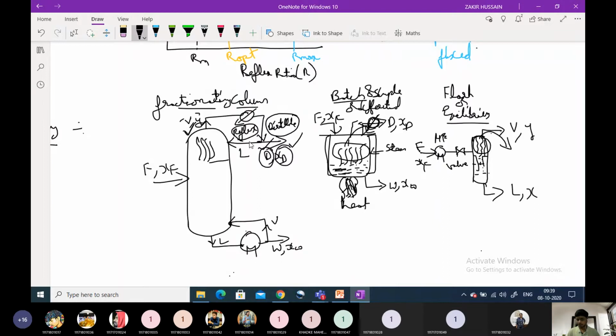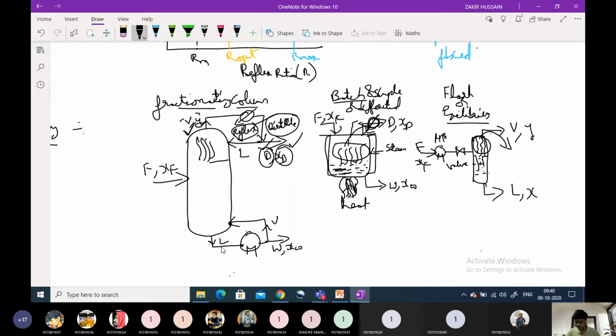Because of that advantage, the continuous distillation column, or fractionating column, is very popularly used in the pharmaceutical industry, and in any type of industry. So here part of the liquid is recycled back. The major distinction lies only in the reflux. In these two distillation columns there is no reflux. The mechanism is that whatever vapors come out, we take those vapors as product. Here also, whatever vapors come out, we take as product. Here, some part of the vapors we take as product, and some part is recycled back to the condenser.